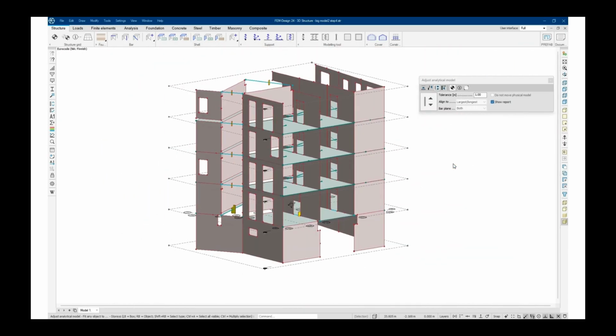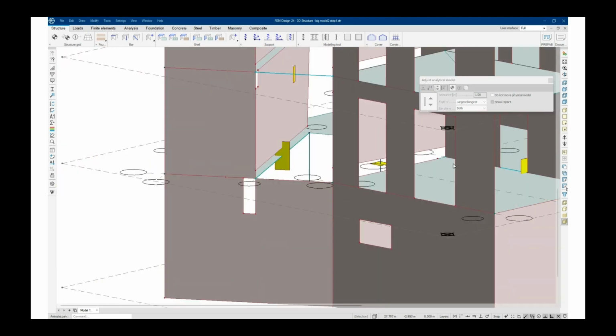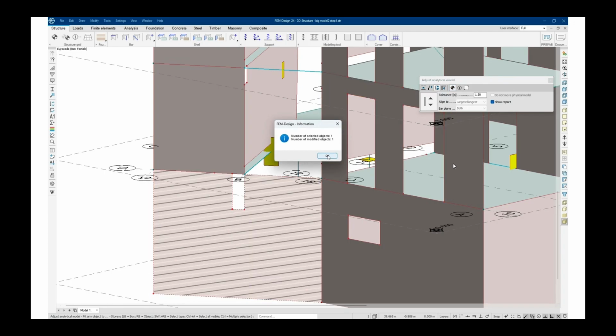And that is usually needed when you have parking decks or something like that. You have really high beams, so you have to fix. And then we also have these beam gaps here, so we want to fit those. And the fit between the stories is a perfect tool to fix those as well. So we select by story, and we set a really high tolerance, let's say like 1.5 meters, and now it